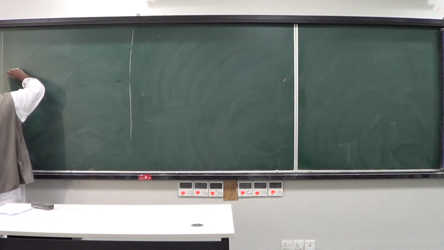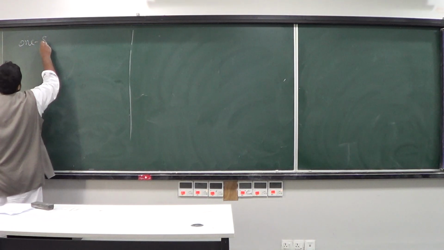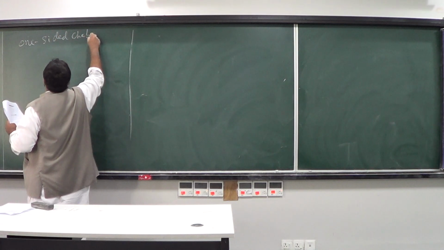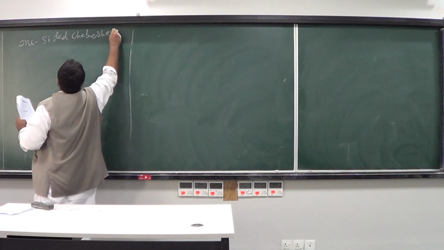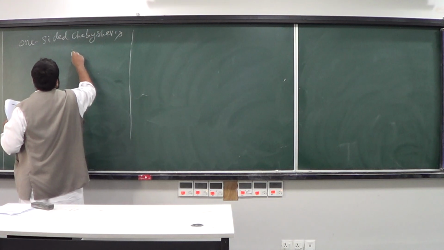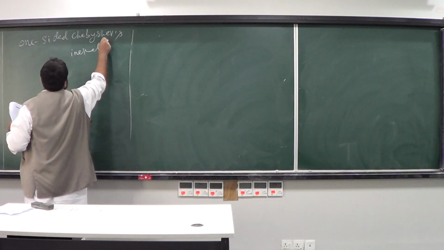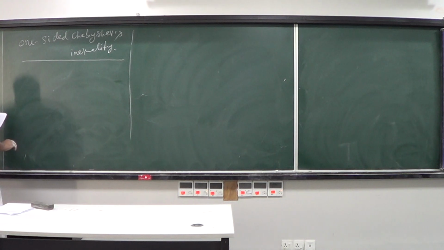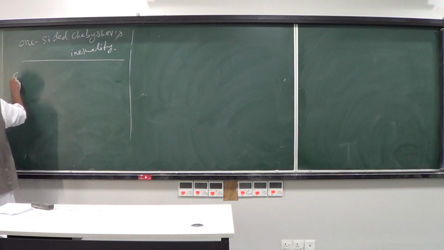So here is the one-sided Chebyshev inequality, which goes like this. So suppose